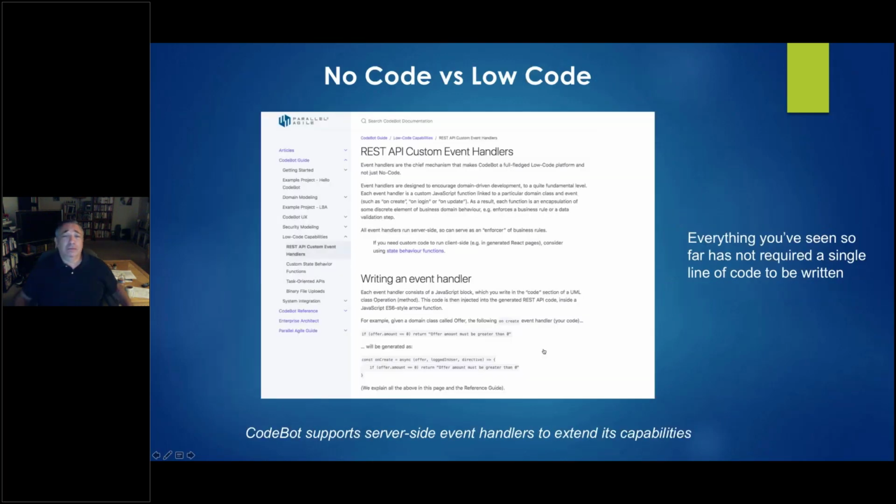So what you've seen up to now is a complete no-code solution. So not one line of code was built to do any of this functionality.